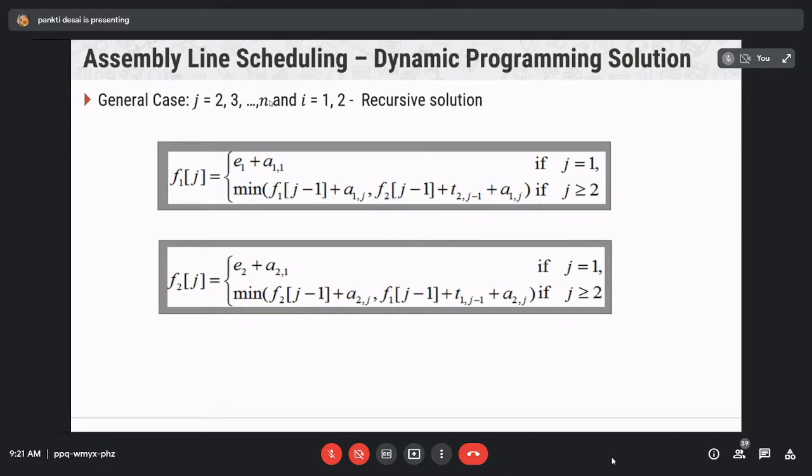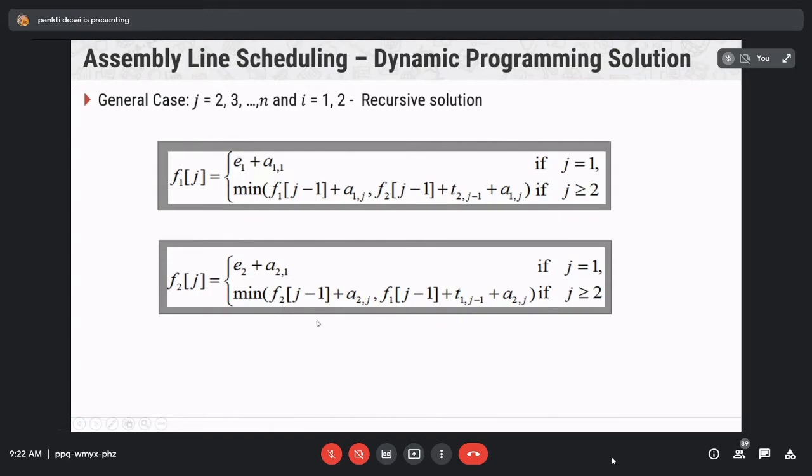F2j is equal to E2 plus A21 if the value of j is equal to 1. E2 means the time required to enter the second assembly line, plus A21, the time required at station 1 in assembly line 2. Now if the value of j is greater than or equal to 2, then minimum of